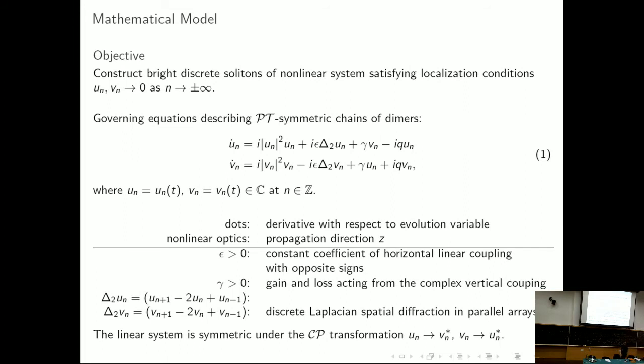And then, okay, that's a good question. I have to look at it again. But if I do that transformation, if I have this model and replace my un with vn complex conjugate, and then vn with un complex conjugate, you will get the same system. Yes, but that's the charge thing. I have to look at it again. That's probably more of a physical thing. But that's a good question.